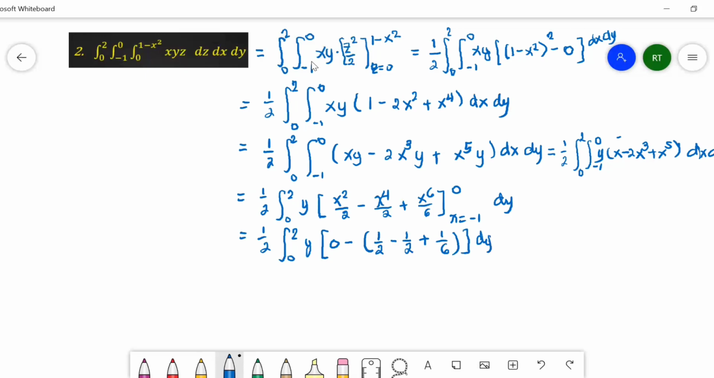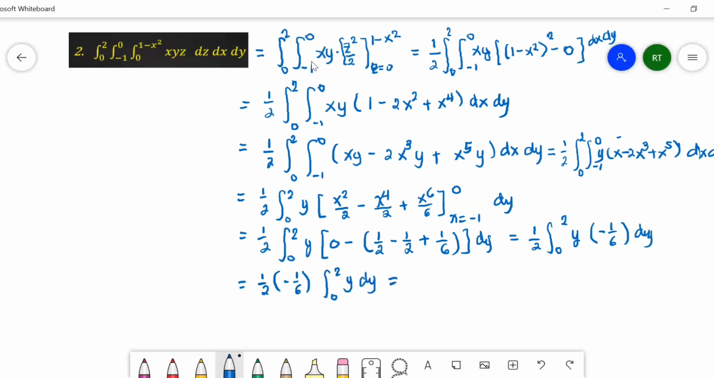Close times the differential of 1. Now, 1/2 minus 1/2 will give us 0. So this will just result to 1/2 integral from 0 to 2 of y times -1 over 6 times the differential of y. But since we have a constant factor in the integrand, -1 over 6, we can just write it before the integral sign. And that simply gives us integral from 0 to 2 of y dy,